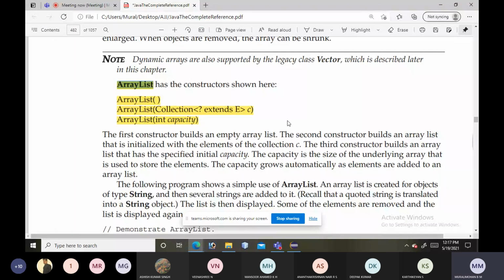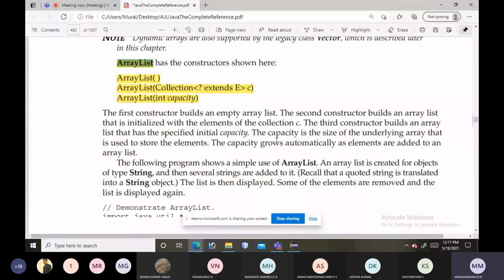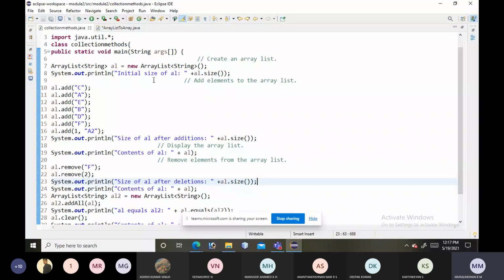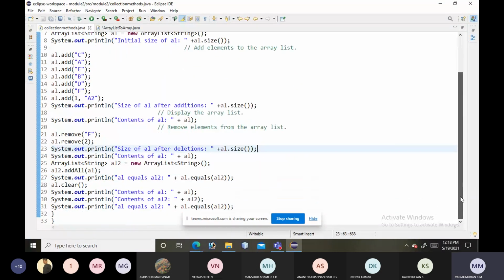Now we'll see an example: how to create an ArrayList, how to add elements into an ArrayList, and how to remove elements from an ArrayList. Is it clear? Is there any doubt about what is ArrayList and what are the constructors we are having?